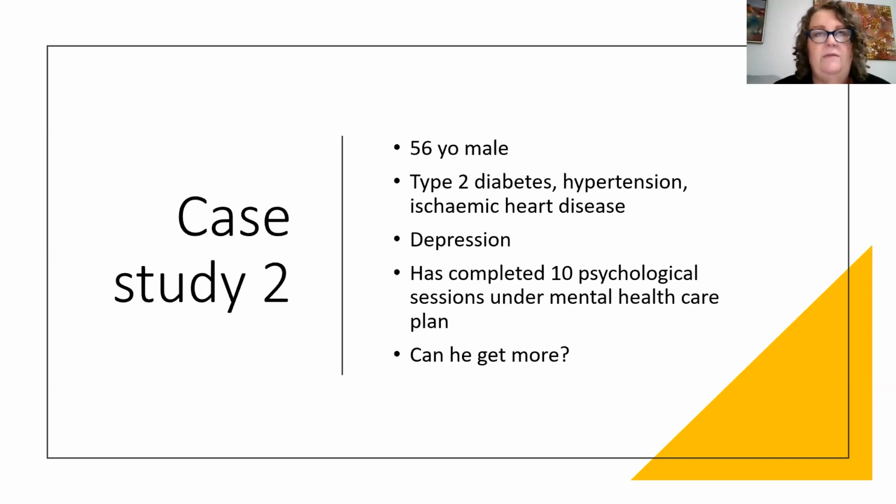They might be having trouble adjusting to their chronic disease condition, and that might be impacting on their quality of life. And so in that case, it may well be appropriate to assign 5 sessions through a GP management